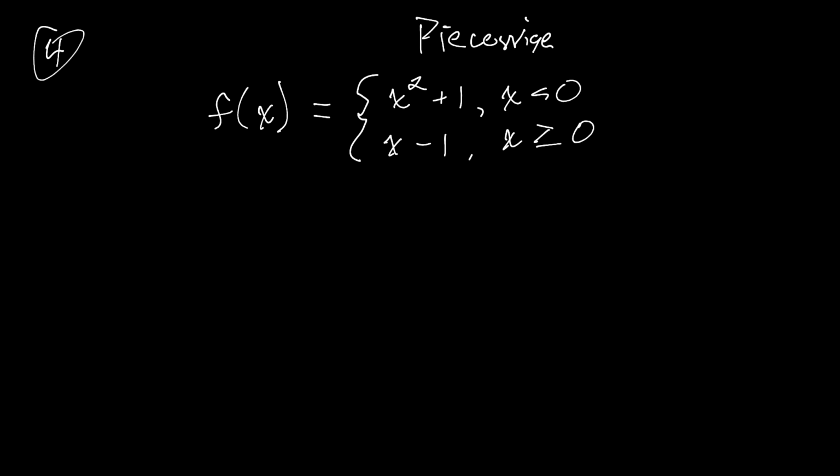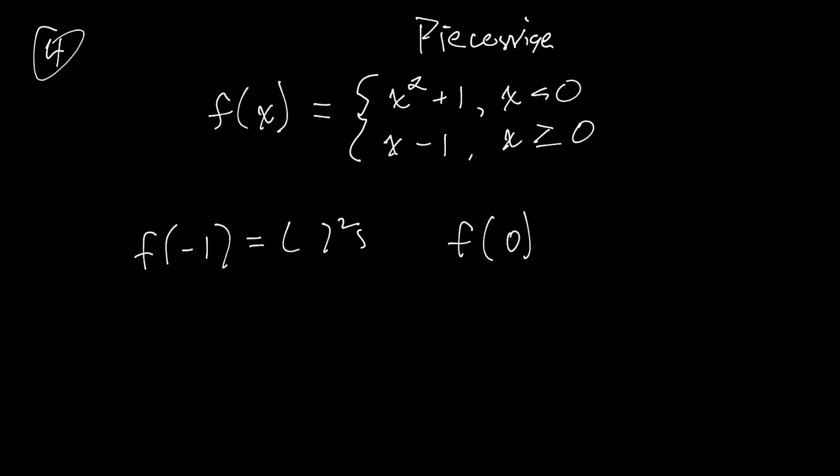So if I wanted to substitute a number less than 0, I would use this piece of the function. If we substitute a number greater than or equal to 0, we use this piece of the function. So part of the problem is find f of negative 1 and find the function when x is 0. So f of negative 1, we look here, we see that negative 1 is less than 0. So that means we're going to use this function, x squared plus 1. So go ahead,